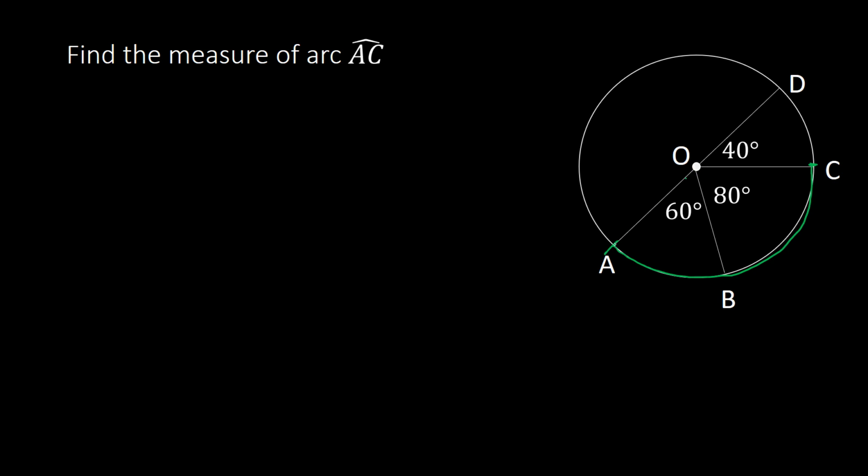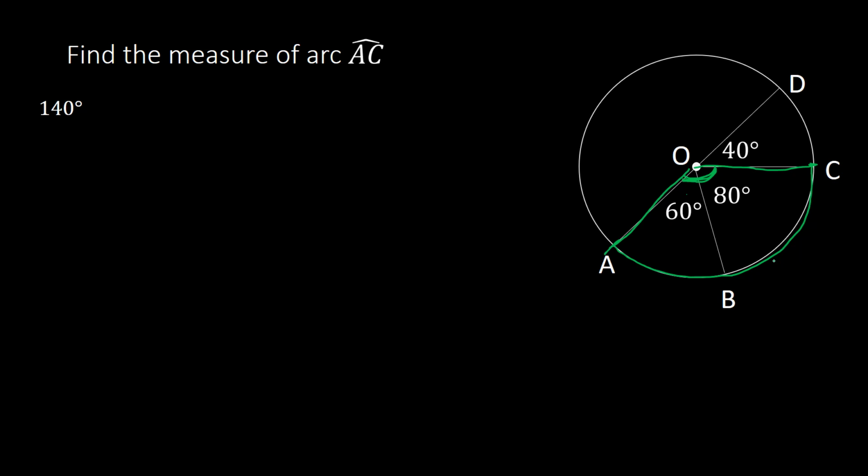The angle that creates that would go from A to O, and then from C to O. So this angle right here, angle AOC, creates that arc AC. Well, if we were to add 60 plus 80 together, we get a measure of 140 for this angle AOC, which would mean that because the central angle and the arc that it creates are congruent, then arc AC would